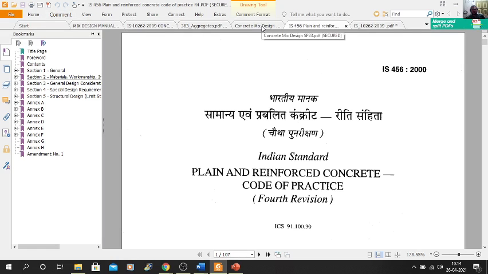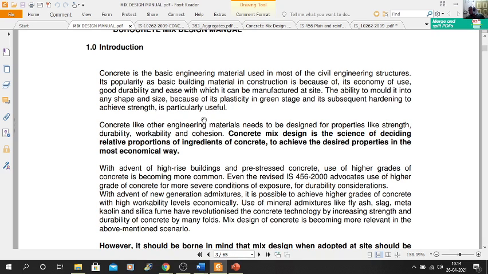Now we will come to why we are going for the mix proportioning of the concrete, because you know that the concrete production and its nature after the production is very complex, because many ingredients are needed to mix or produce a concrete, and their characteristics are also affecting the properties of concrete in the fresh